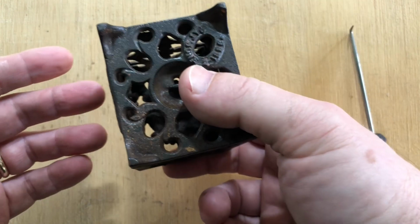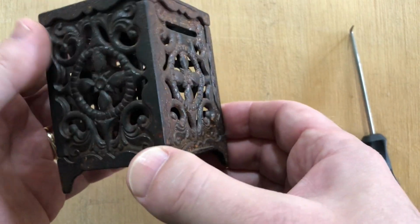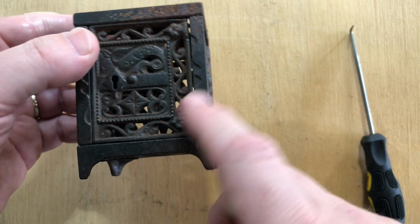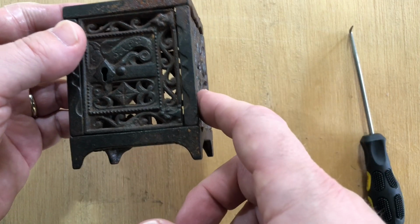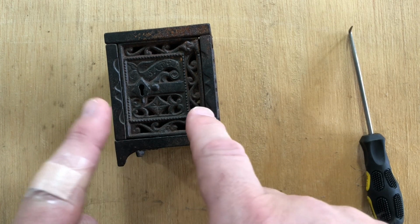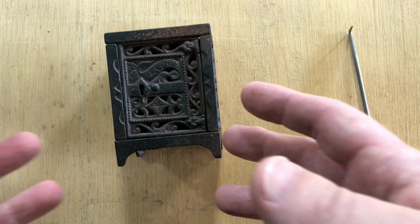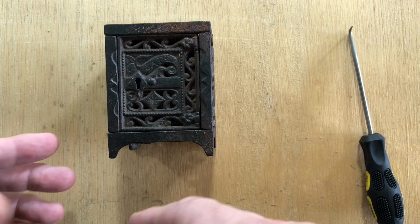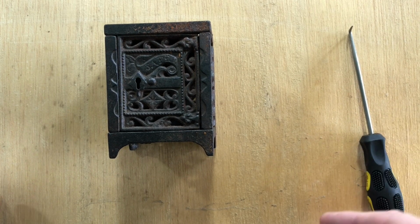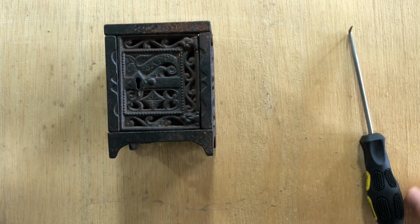Now, I don't really collect these, but this one has an interesting Victorian look to it. And this bank is not a Hubley, it's actually a bit older. This bank was manufactured by the J&E Stevens Company. They were located in Connecticut, and they were best known for making cast iron toys and banks. They began making cast iron items in the 1850s, and they continued doing that until World War II, when the company had to stop manufacturing because cast iron toys were not really necessary and the iron was needed for the